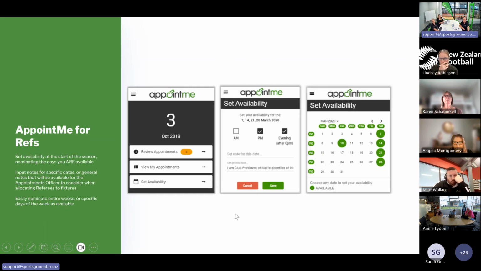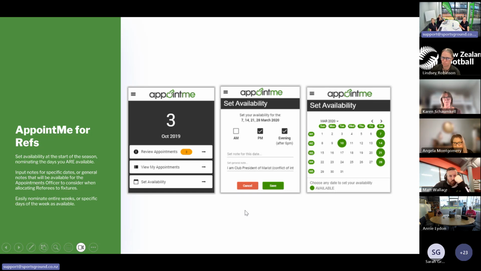When the referees receive their access email and log in, this is showing their process of coming in and setting their availability. So we have a support article on this that shows them how to do it, and we'll also be getting some short videos up and running so that they can follow the video process as well. But it is essentially the steps that are shown in here.